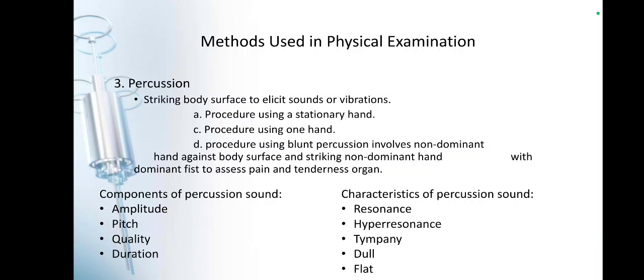And then we have hyperresonance. This is actually a high pitch sound. For example, this type of percussion sound is common with a patient who has COPD or chronic obstructive pulmonary disease. If there is too much air, usually hyperresonance. This is a type of percussion sound that, when it is heard, is assumed